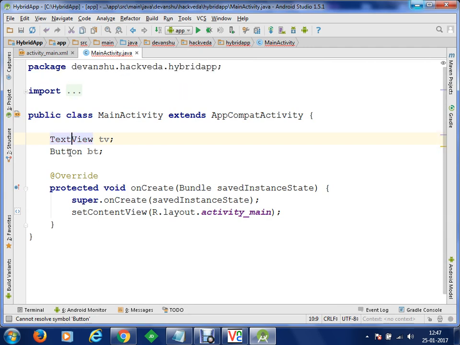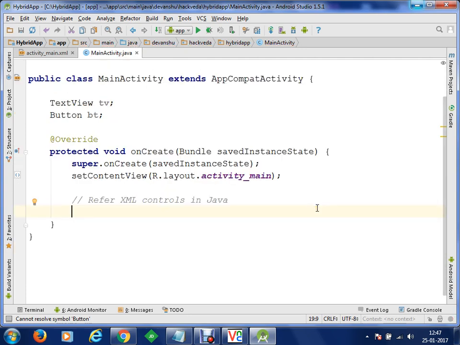Clear? Now we are going to refer to XML controls in Java. In order to do that, we are going to use the method findViewById to find a control by its ID. Okay.